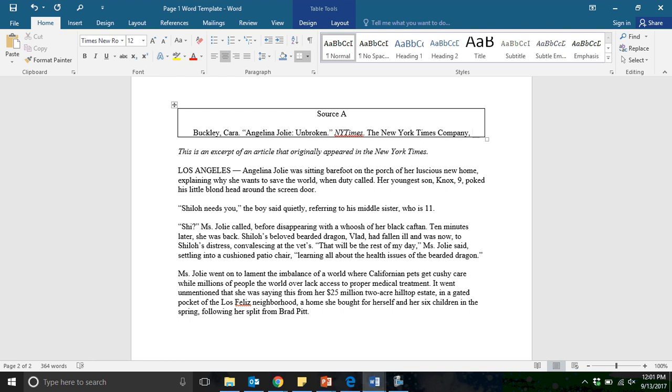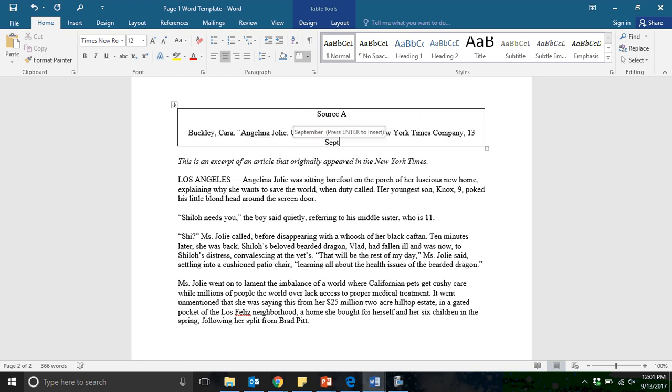There's one of your only commas. I'm going to go 13 Sept 2017 period web period, and then your access date, which it's not always going to be the same date, but sometimes it is. And so there's my access date. And that is the complete citation. So again, it doesn't take very long. It was easier to do it that way than to plug it into a citation machine, come back, copy, paste, fix it all up. And that gives me everything that I need,